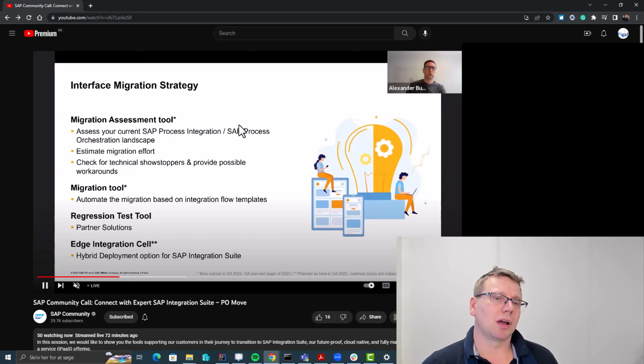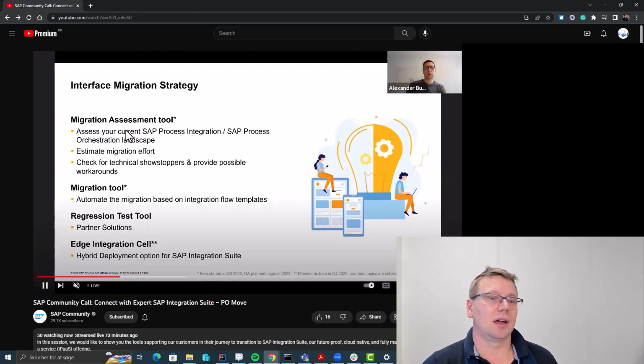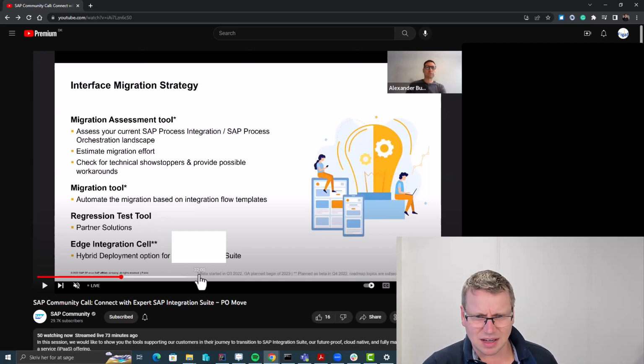So now we come to the migration, what is going on, and I think here there's a couple of things that are interesting. Obviously, to do a migration, we need to talk about the assessment, what is going on, who is dealing with these things. Then we have a migration tool, and we will see demos of both of these things. They say here